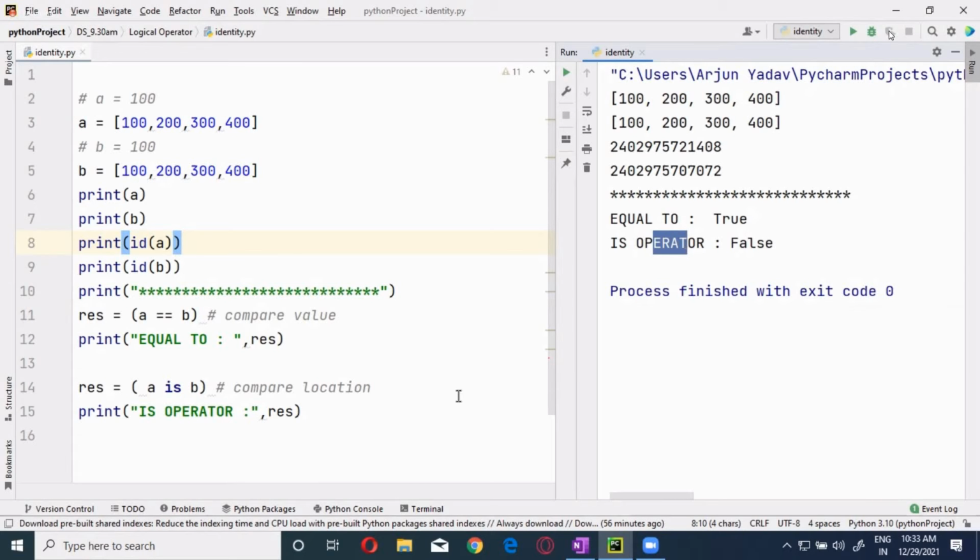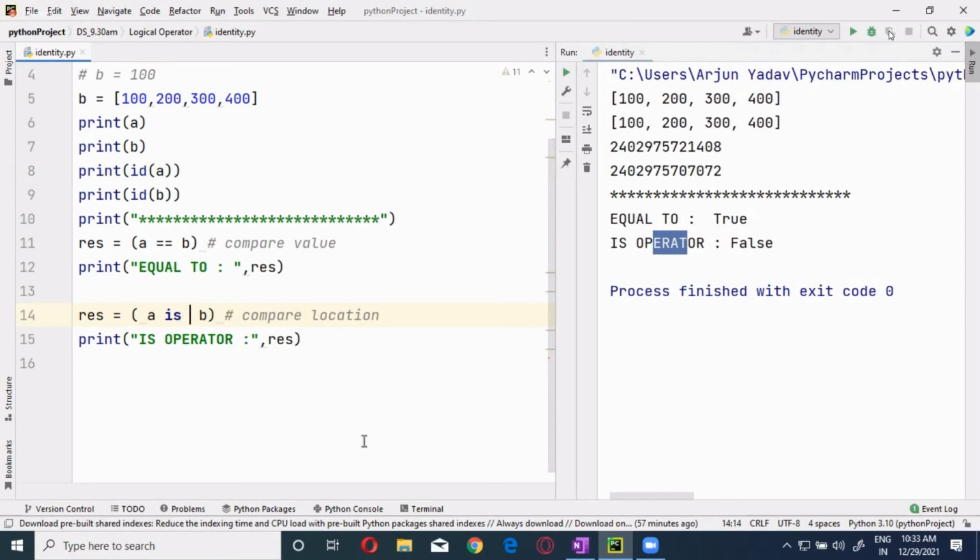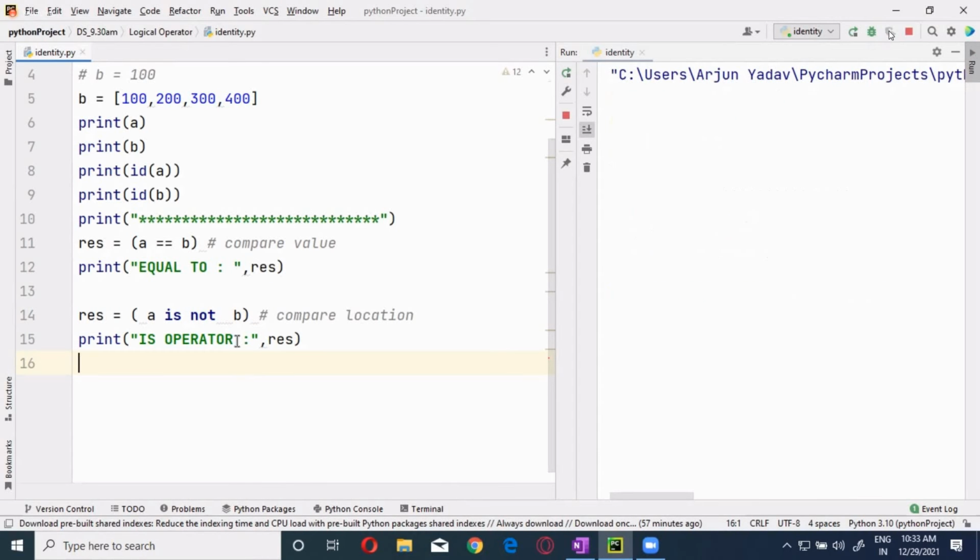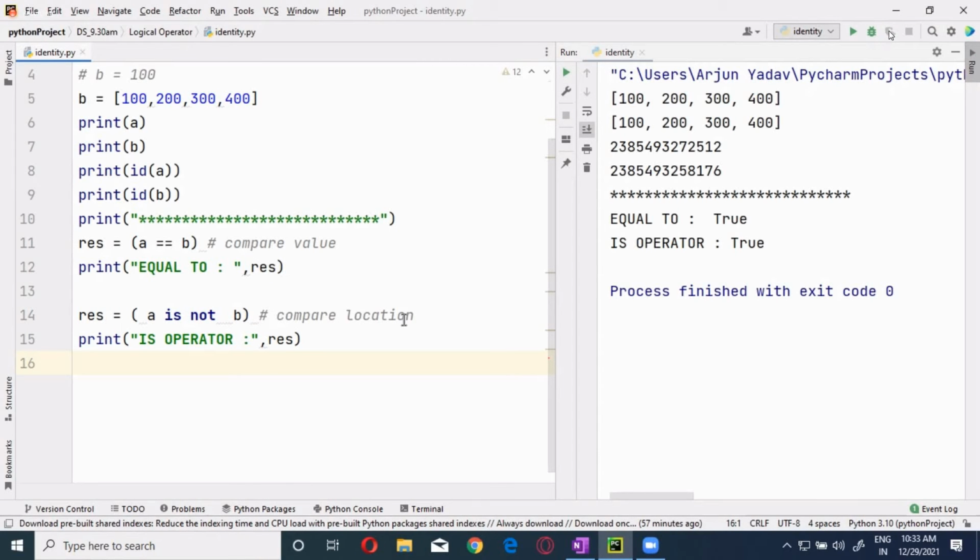Now this is a very important thing over here. There is something called is not. Is not means reverse. We are saying that they both are not at the same memory location, then we are going to get true over here. When you are using is, you will get false.